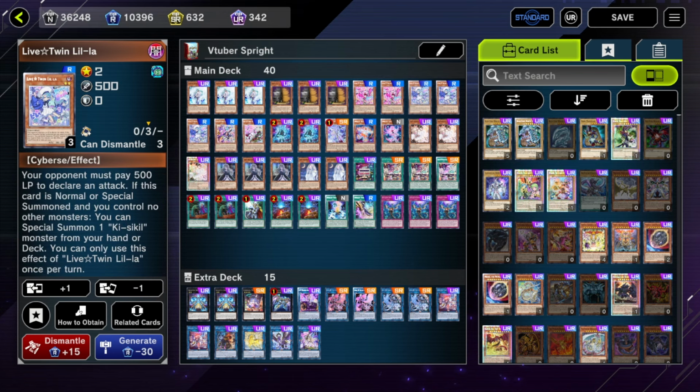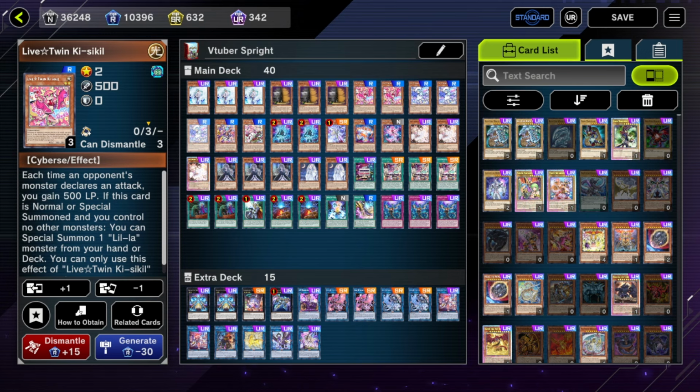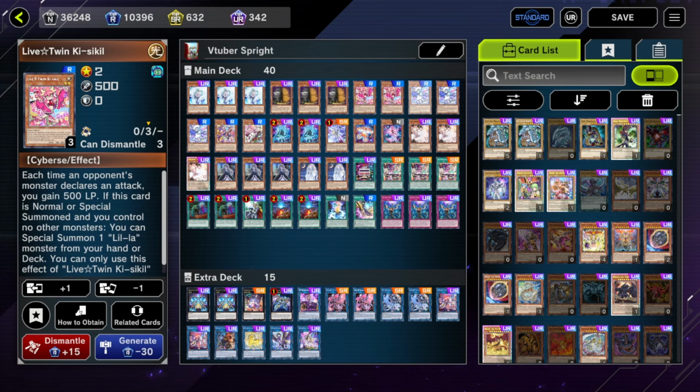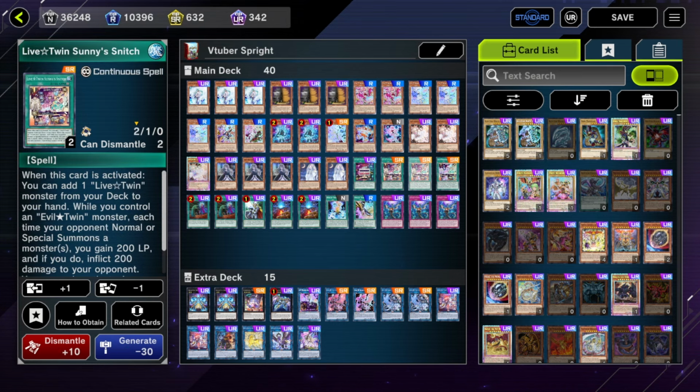But yeah, I'm running the 5 copies of these just for standard Yu-Gi-Oh math. If you want to only open one copy of a certain type of card, you play 5 copies of it. These are my normal summons, so you don't want to open 2 normal summons. So I do want to see these, so you run the 5 for the ratios and then 3 copies of